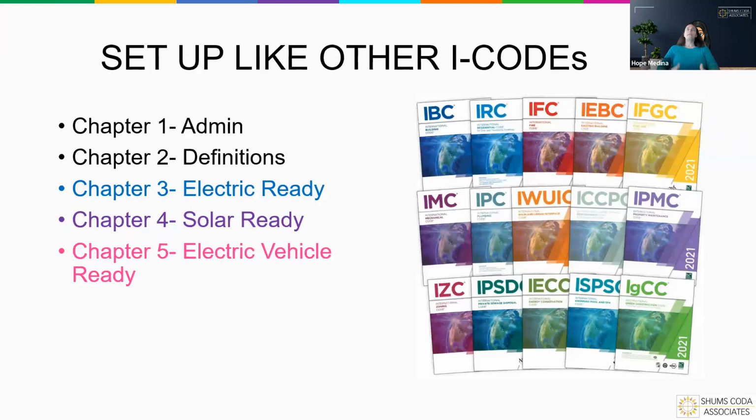So I know that a lot of times when we start talking about new codes or new concepts, there's always a little bit of fear, right? It's the fear of the unknown. What are we looking at? What now do we have to try to figure out? And the really nice thing about the newly appointed, and I don't know if I could call it newly anymore, but the recently appointed Colorado Energy Code Board is that while they were charged with developing the language that would go into these requirements, they understood that the majority of the jurisdictions and communities here within Colorado adopt and follow the I code. So they designed this particular language to follow those same basic concepts